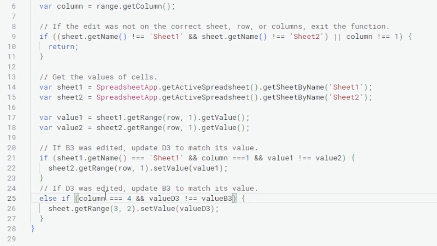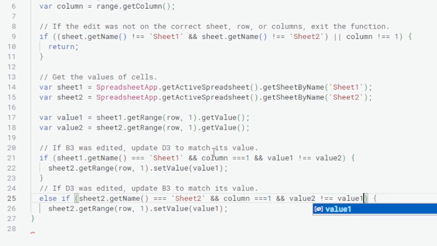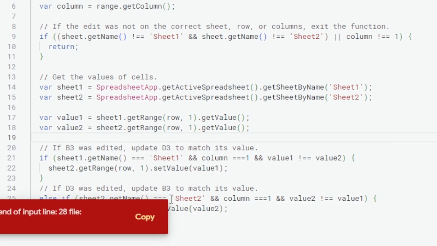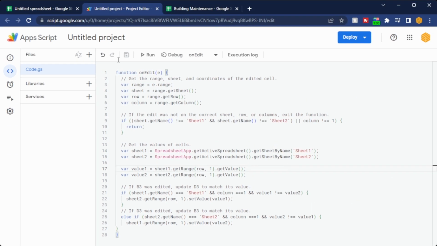We'll do the exact opposite for our else if here, and I think it's just best to copy and paste it down. So if sheet2.getName is sheet 2, and we're in column 1, and the value of 2 is not equal to the value of 1, then sheet1.getRange should be set to the value of value 2. We'll save that, it looks like we have a syntax error in line 28. We just need to put a curly bracket right at the end, press save,